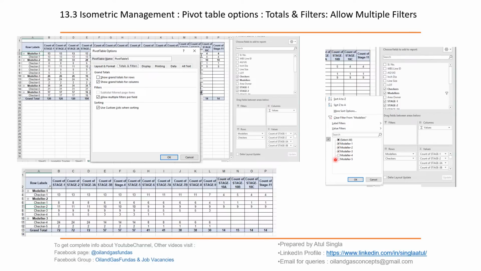We can select the required options. Suppose we don't want to see the status of modular number 4 and 5, just click 3, 2 and 1. Then the table will change the data to modular 1, 2 and 3. 4 and 5 will not be available. So by this we can filter directly from the options. We don't have to add things here, we can do it from here also. If something is visible here, we can directly filter using field options, but we have to enable it in the pivot table options, totals and filters.